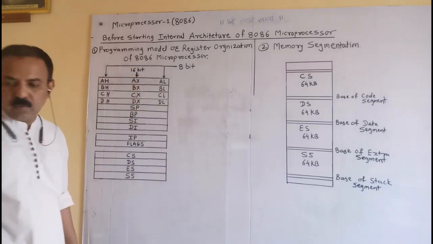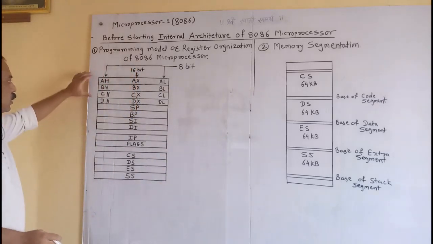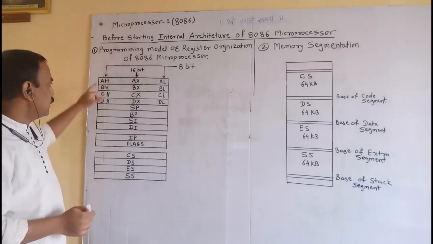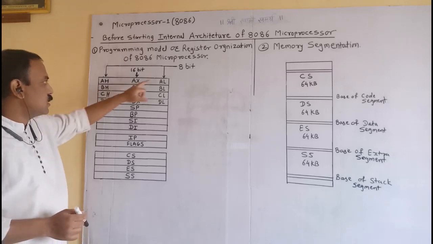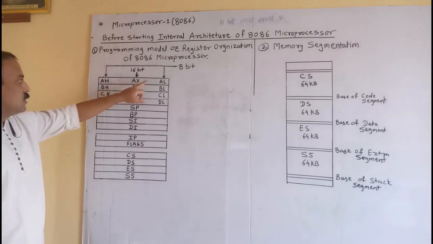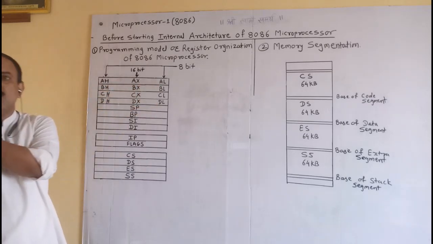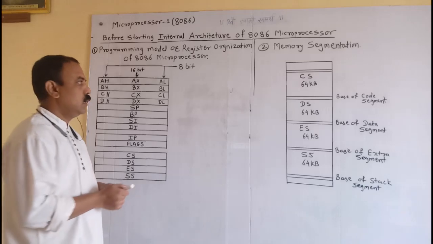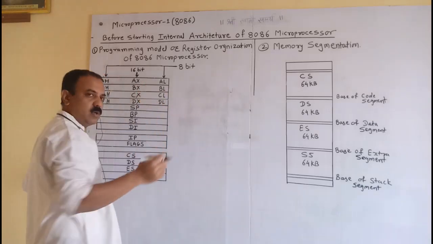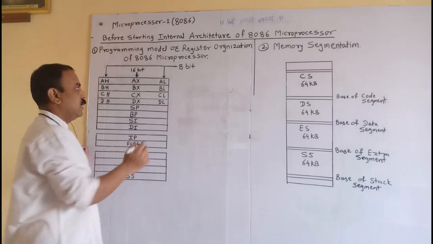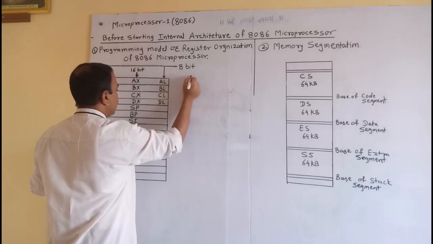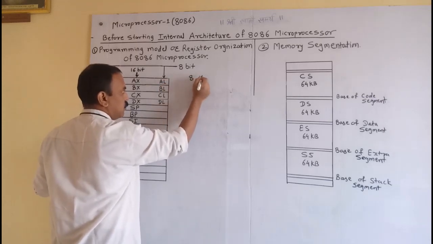register organization. In register organization, it has 8-bit registers, that is AH, BH, CH, DH, AL, BL, CL, DL. These 8-bit registers are used for storing data temporarily. When we store 16-bit data, these registers are combined in this pattern, meaning an 8-bit register plus an 8-bit register